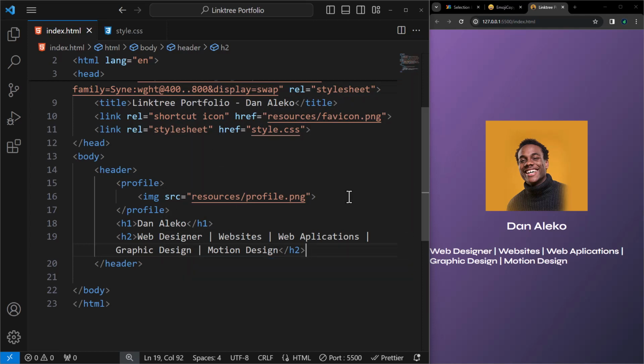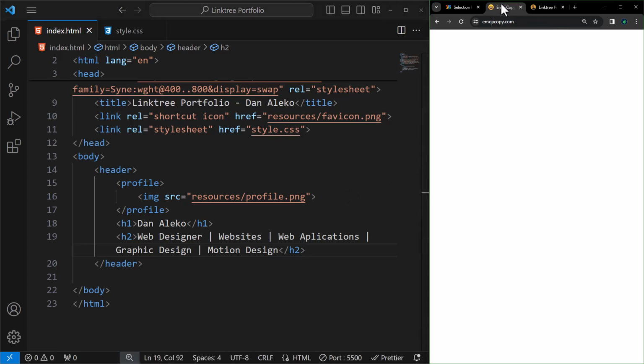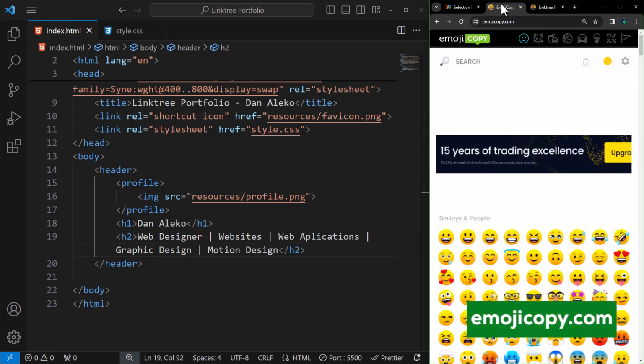Before every service, we need an emoji. So, in your browser, head over to emojicopy.com.